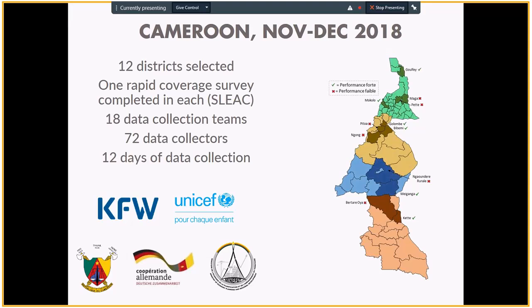They did this using Kobo. For those of you who know it well, or maybe don't know it, Kobo is software that can be installed on smartphones and tablets, which enables very quick and simple questionnaires to be filled in to collect systematic quantitative data, and then it can be uploaded to a database and analysed and pulled apart in a very quick and simple way. So yeah, Kobo was a lifesaver in Cameroon.